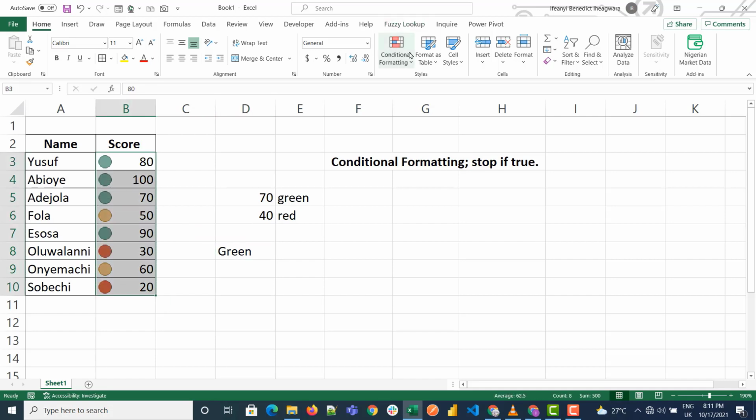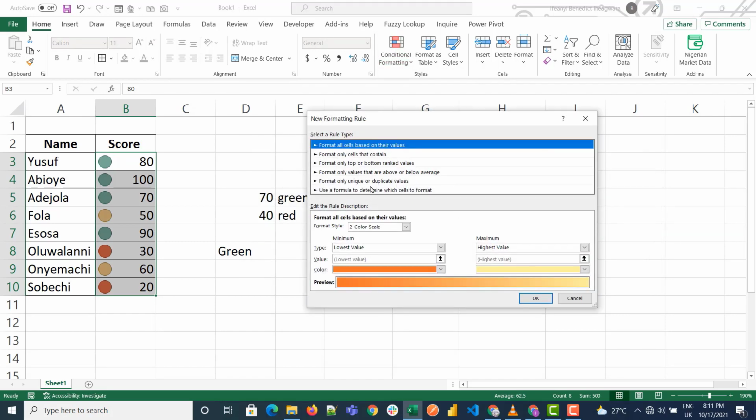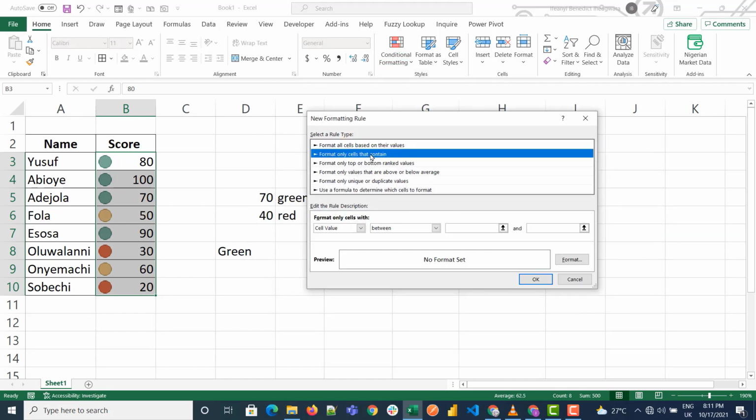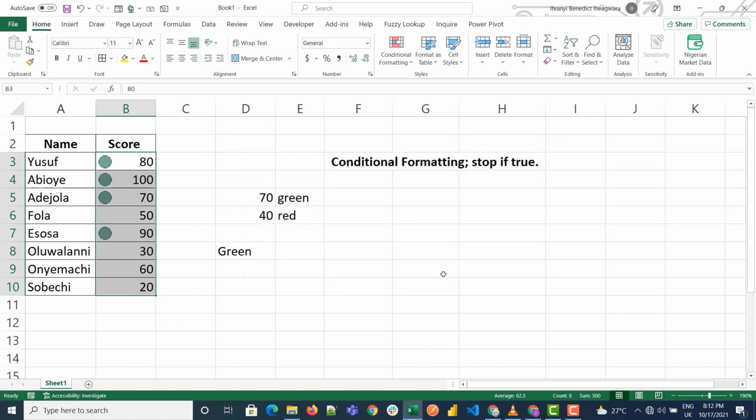So I select again and I go to manage rules, create a new rule. Format only cells based on the cell's content. So I want the cell value, and I make this maybe this down. So if you get less than 70, if you get less than 17, press OK. Then I apply the stop if true. So now, because of the stop if true, I can only see those that have